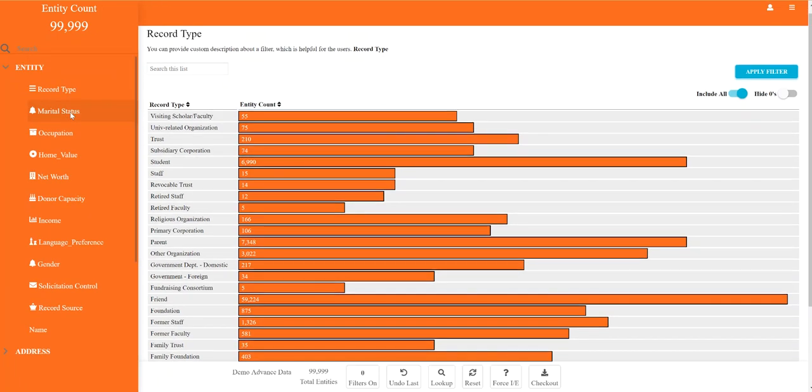Michelangelo allows users to easily query their data, and it is completely white label for the organization. As you can see in this demo, I've logged in and I'm looking at a sample data set of 99,999 constituents or donors. So when institution users log in, they'll basically see their own color scheme over here, and